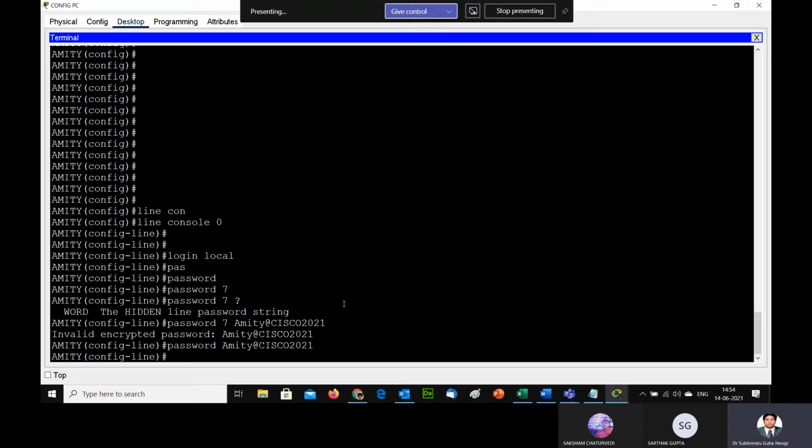This is how, by using a password, by giving protection, we can protect that console port. You have to keep this password in mind, amity@cisco 2021.